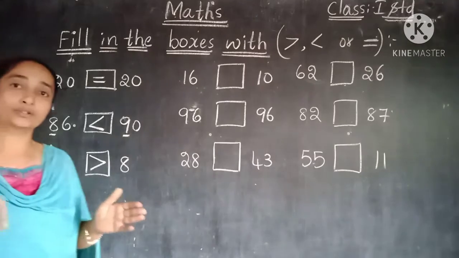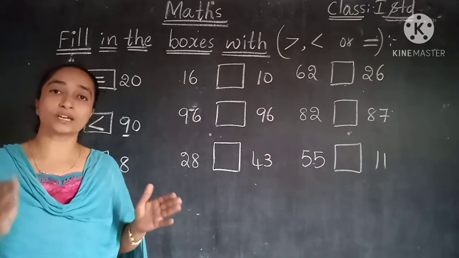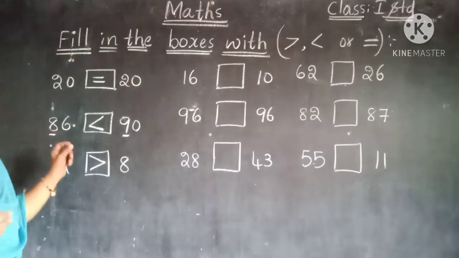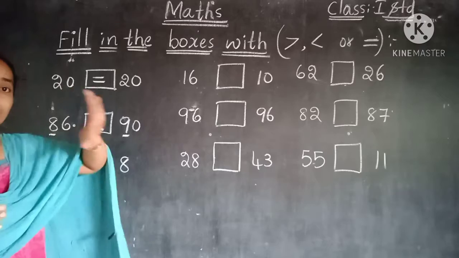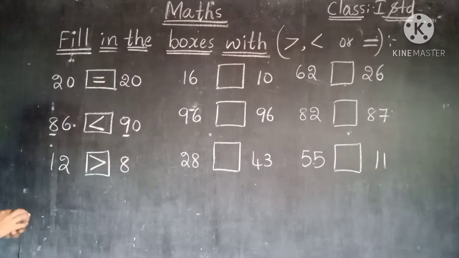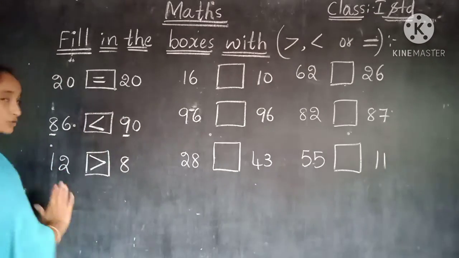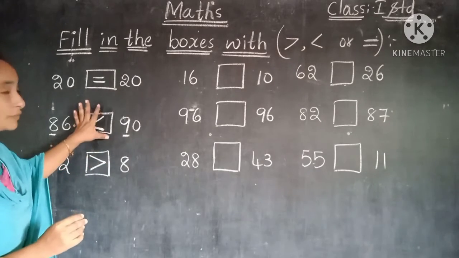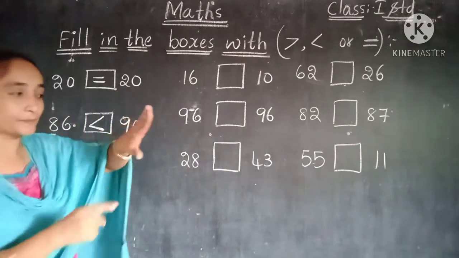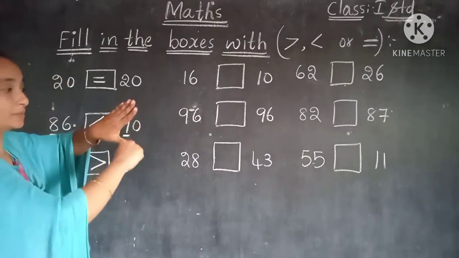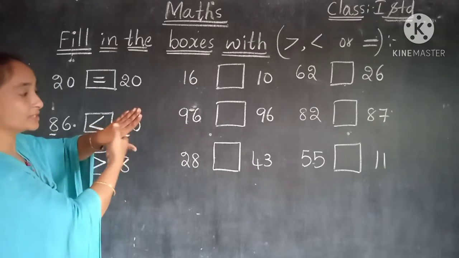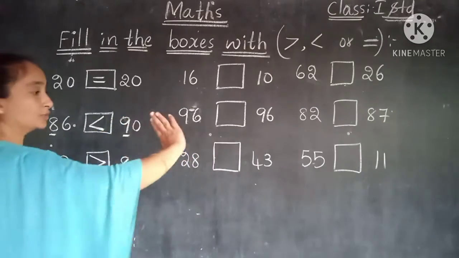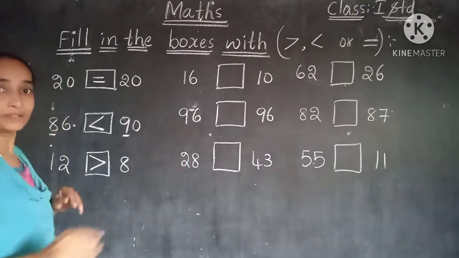You can remember this when you are confused. It is very easy to remember: whichever side is the big number, the symbol will open that side. Suppose this is the big number, then the big mouth will open this side. The fish mouth will be like this. Always this face must be on the big number side. Suppose the big number is this side, the face will open this side.